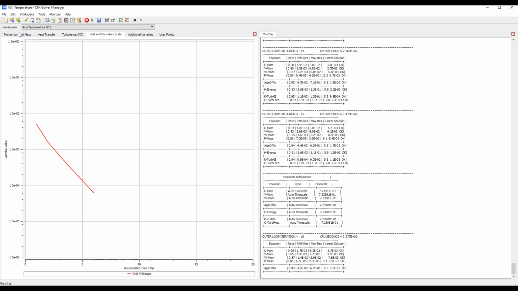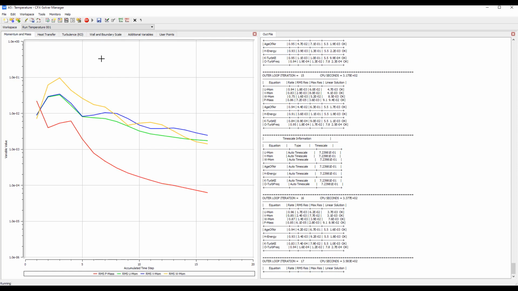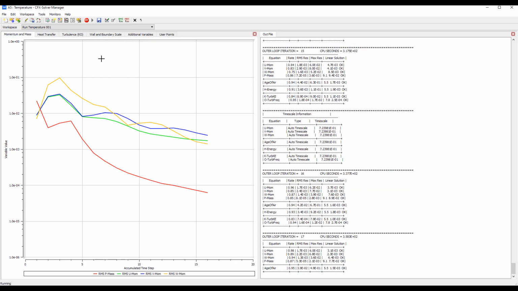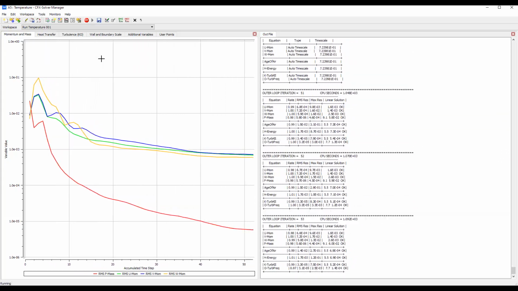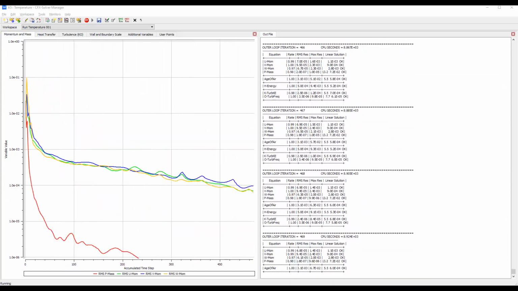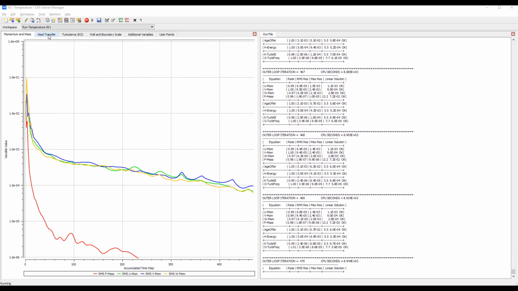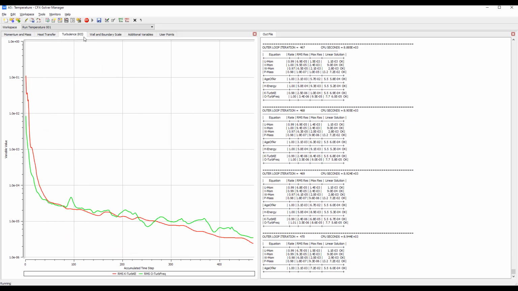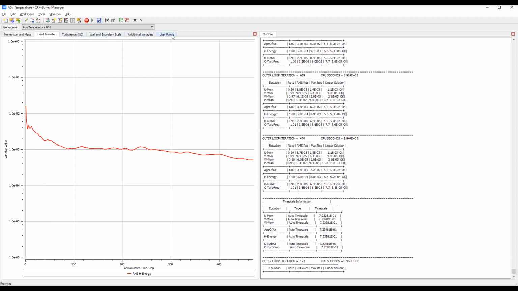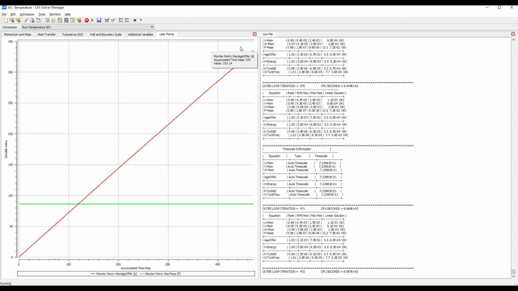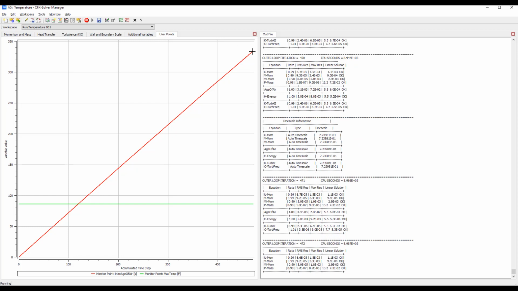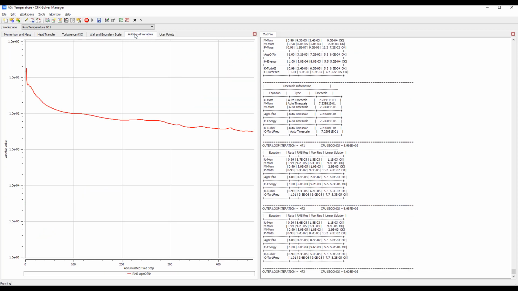We have heat transfer, turbulence, etc. So we'll let it run for a little while here. Okay, the simulation is converging fairly well after 400 iterations. We can see the user point though, the residence time of the air is still going up quite significantly, so